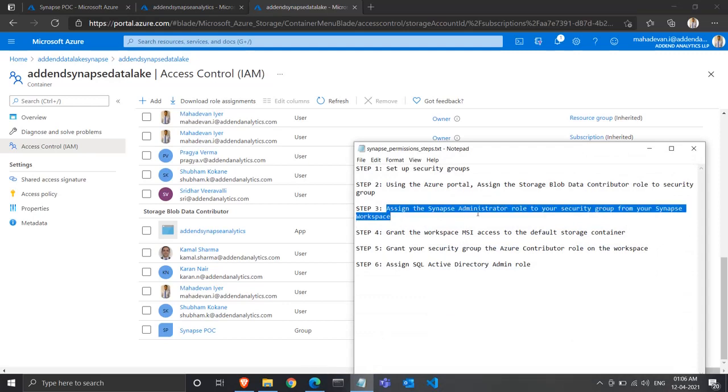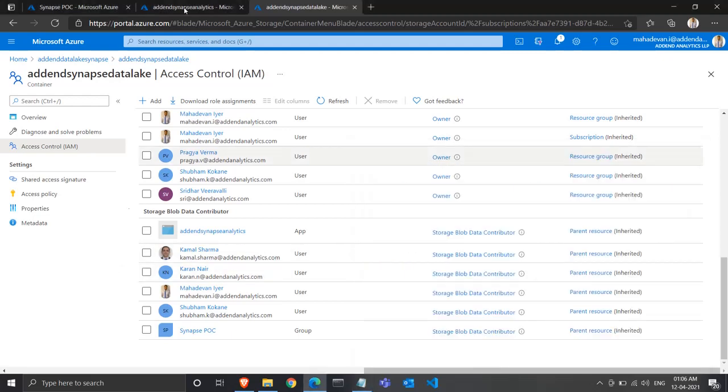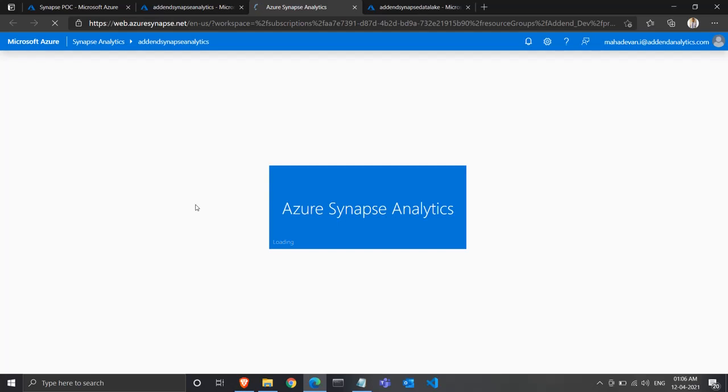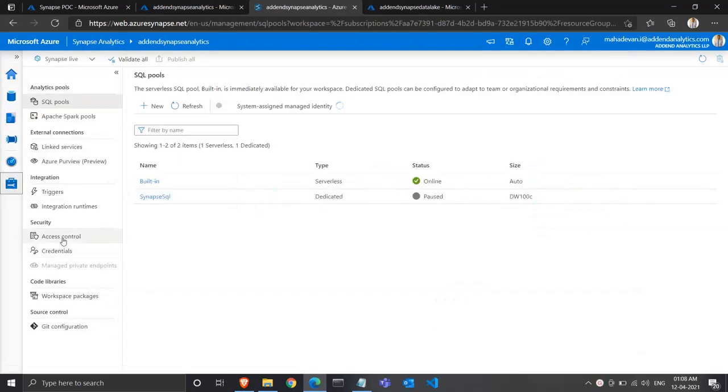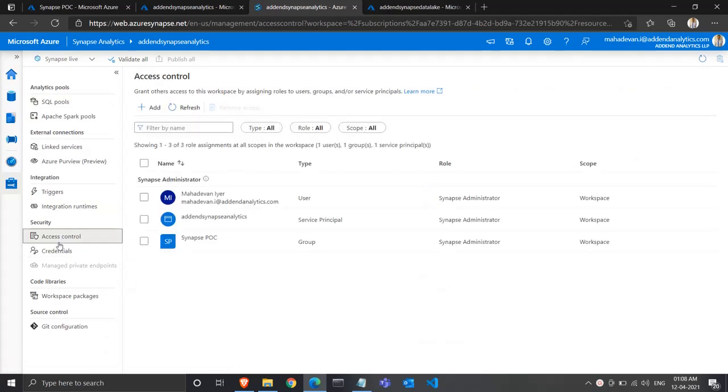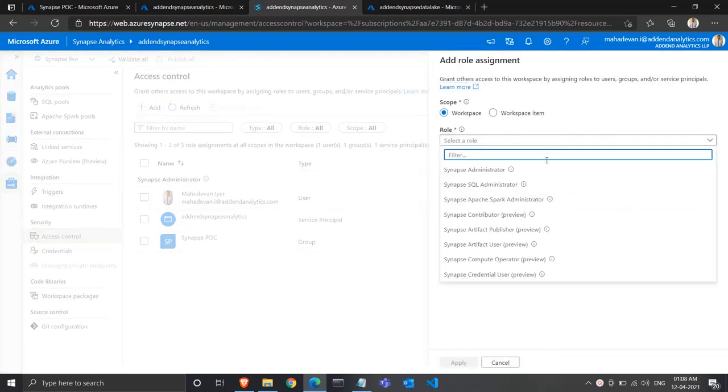Now we'll assign the Synapse administrator role to our security group from our Synapse workspace. So let's go to our Synapse workspace first. Go to manage access control, and over here you can add your security group to the role of Synapse administrator.